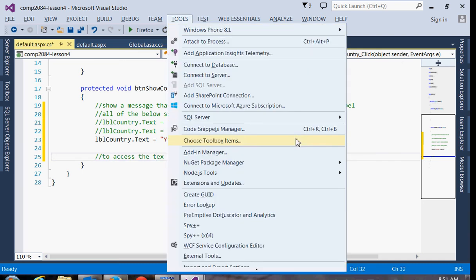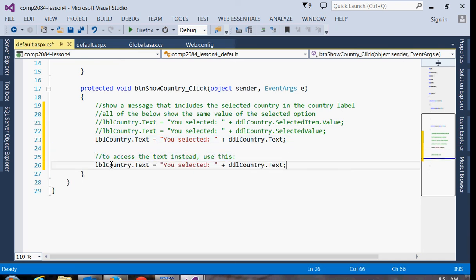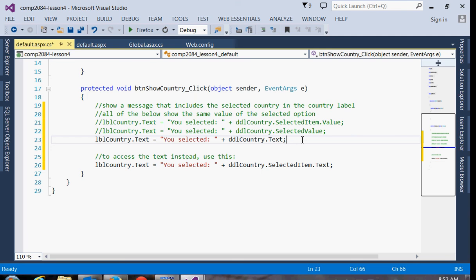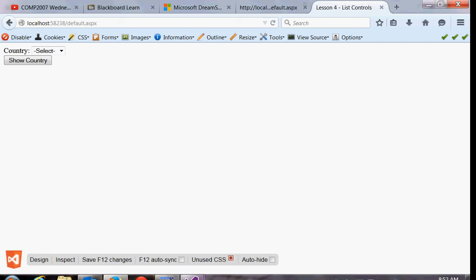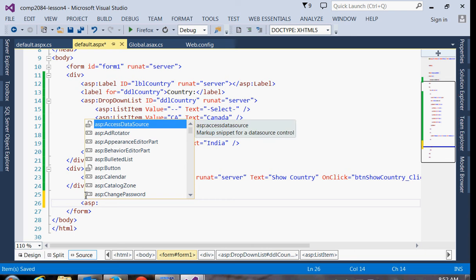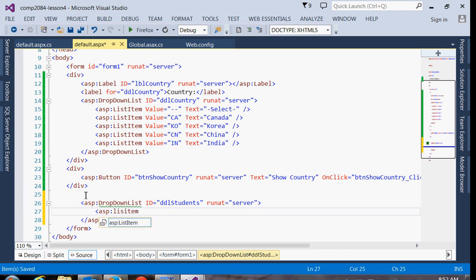So to access the text, instead, basically you can use .selectedItem.text if you want the full text, and you can use just the .text property if you want the value. The way that this is helpful would be, let's say we had a drop down that looks something like this. I'll just put on another one. We'll take a break in a minute. So I might use the value of